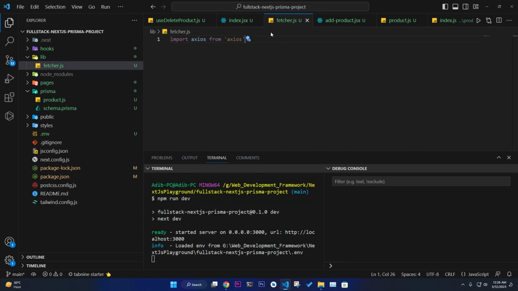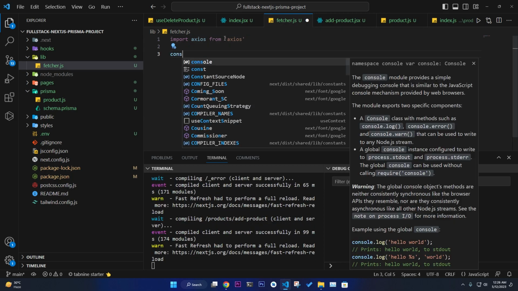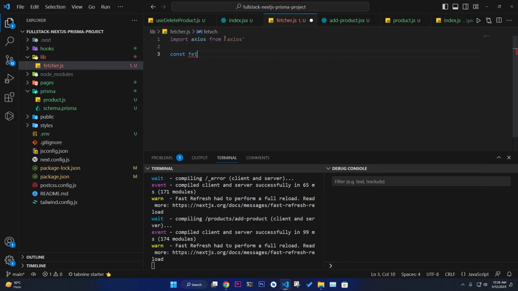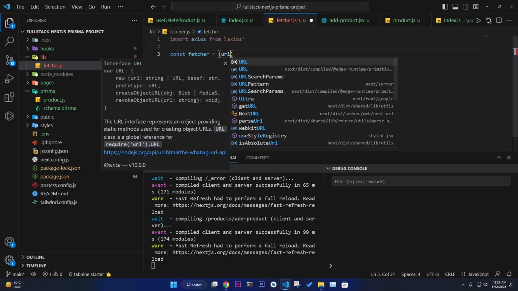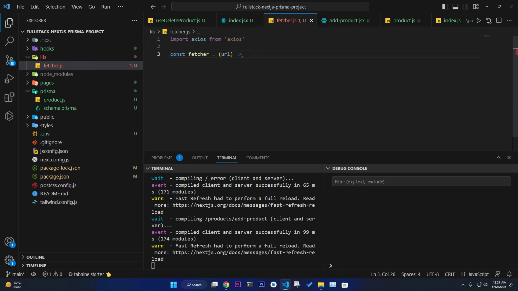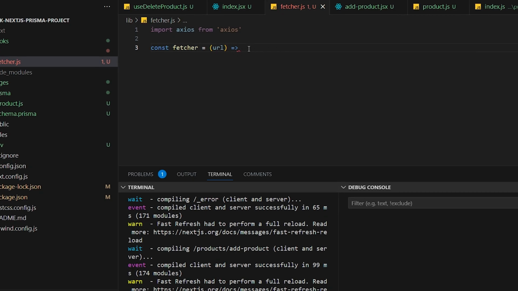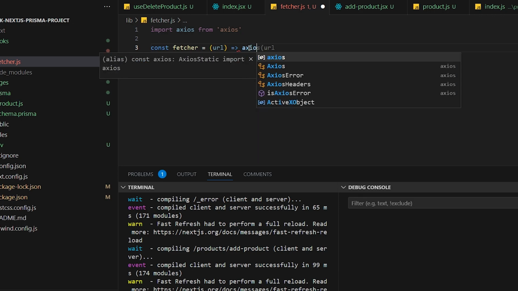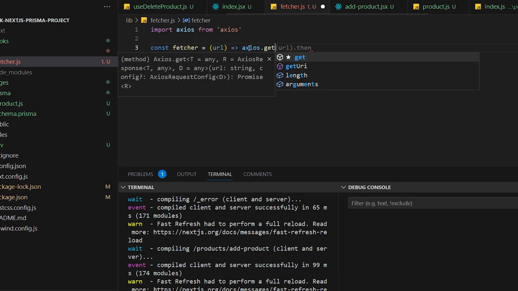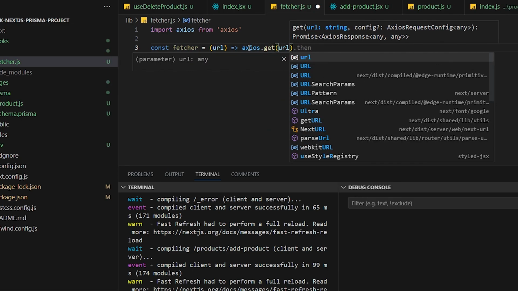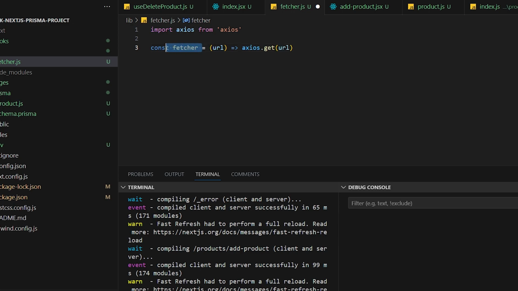Let me check it. Import axios from axios. Yes, it is there. And I'm going to add this fetcher, import fetcher, and it will take a URL as a parameter, and after that it will just give us axios.get, and it will get the data from the URL that we pass inside this fetcher. And then what you're going to do, then